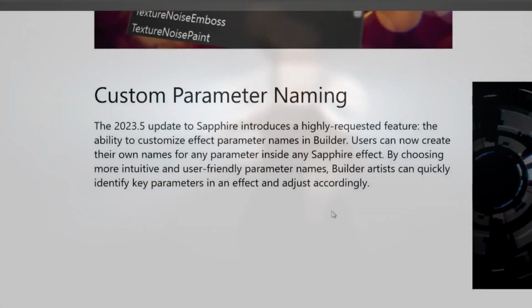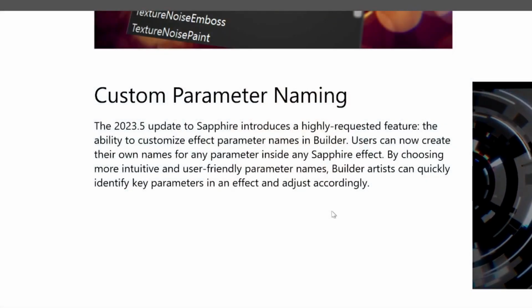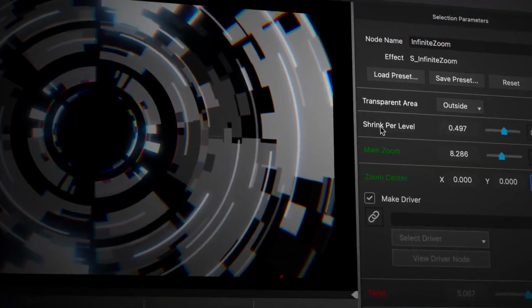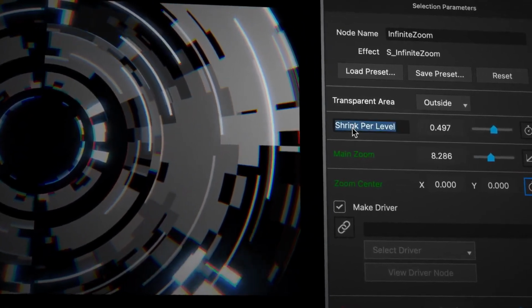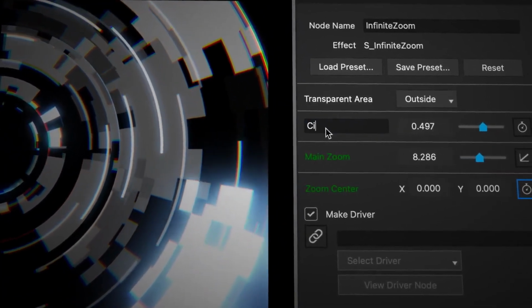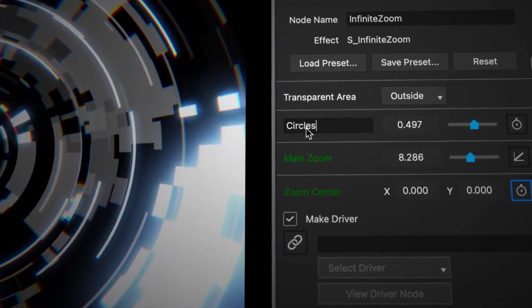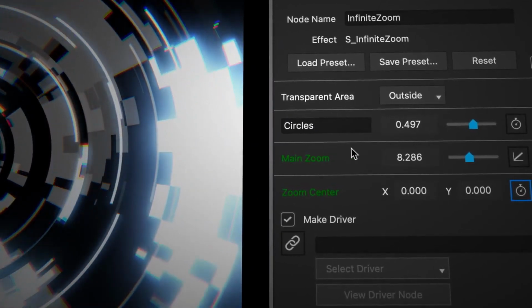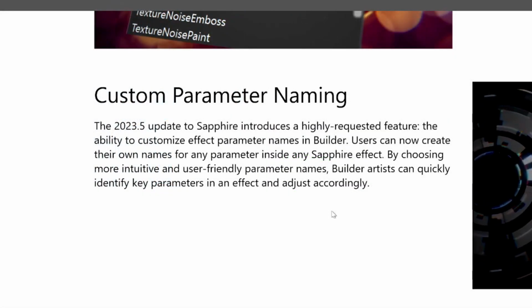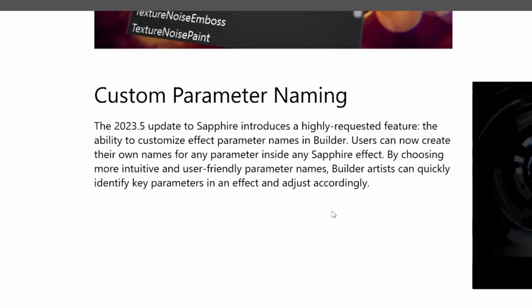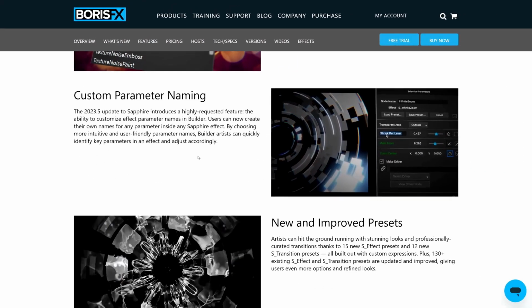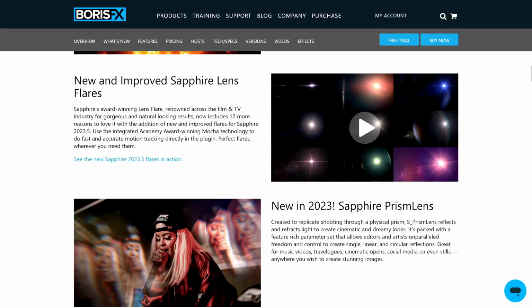The 2023.5 update to Sapphire introduces a highly requested feature: the ability to customize effect parameter names in the Builder. Users can now create their own names for any parameter inside any Sapphire effect. By choosing more intuitive and user-friendly parameter names, Builder artists can quickly identify key parameters in an effect and adjust accordingly. So what's also new, guys, is, as you can tell right here,